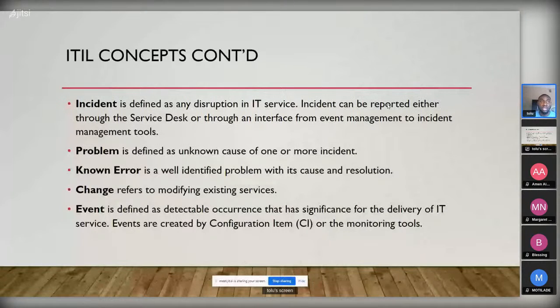So once there is a known error, let's say the incident of not being able to order food, they already say, okay, this thing might happen, you are to fix this. So the person calls that person immediately and gets it fixed. But with a problem, they don't yet know where the error is coming from, but it will still be fixed. Then change just refers to trying to improve